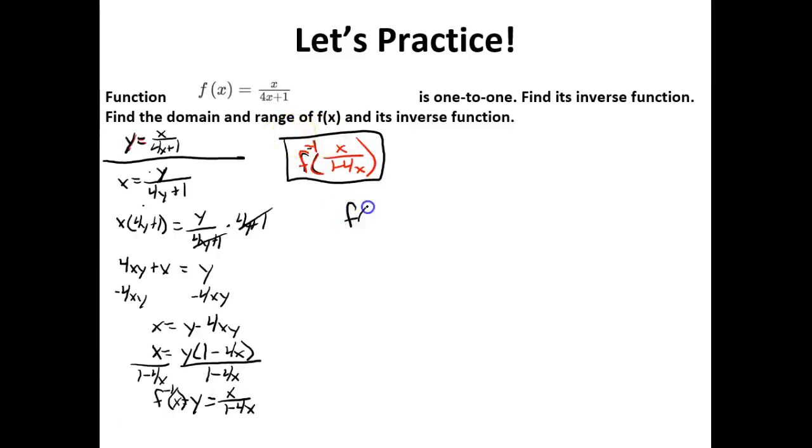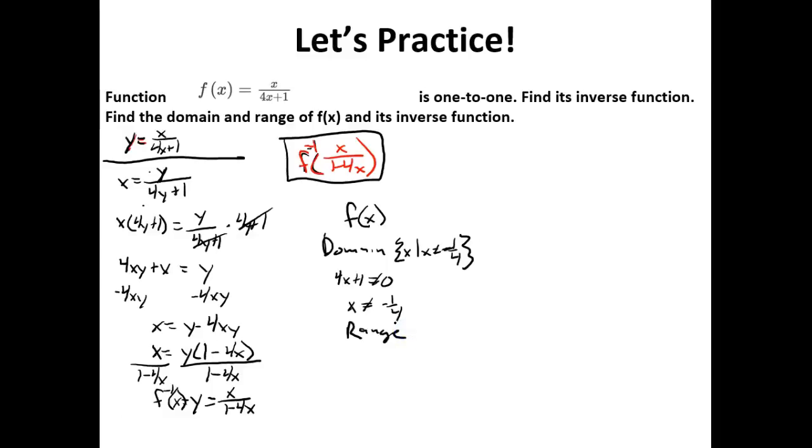So for the original function, the domain, when I look at this function for the domain, the only thing that we have to worry about is the bottom, the 4x plus 1, can't be 0. When we solve that, we find out that x can't be equal to negative 1/4. So for the domain, it's the set of all x's such that x cannot equal negative 1/4. The range,